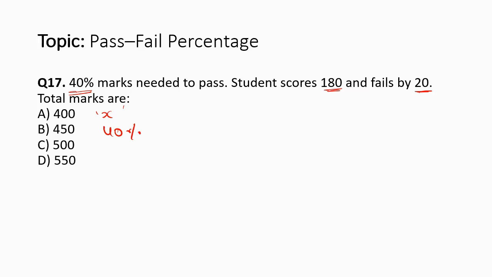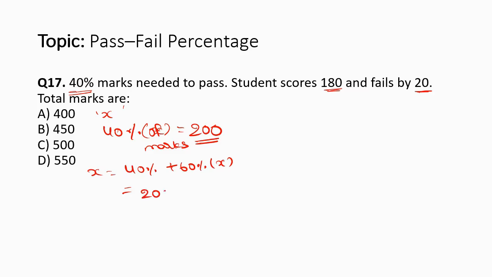It means pass marks is 200, 180 plus 20, right? Like if you got 20 more marks, you would have passed, right? 180 plus 20 is 200. So we know 40% of x equal to 200. Like 40% of marks, what it means 200. So total marks x equal to 40% pass marks plus 60% of total marks. We do know that 40% of marks is 200 plus